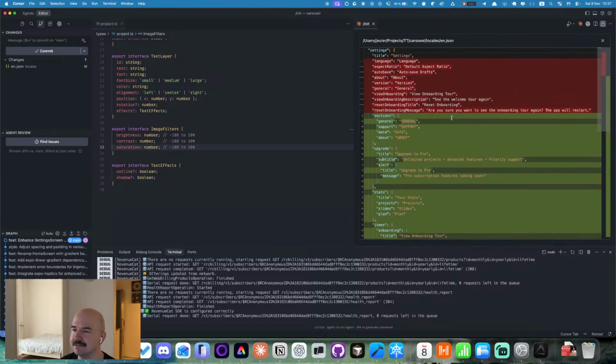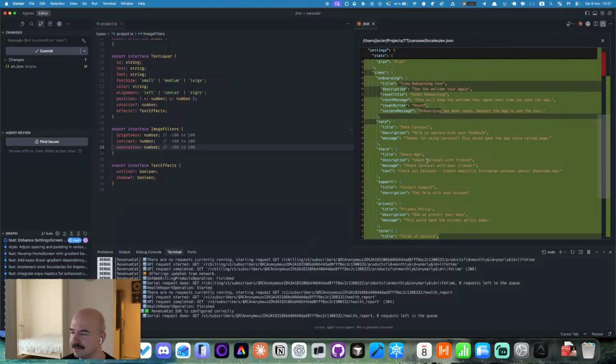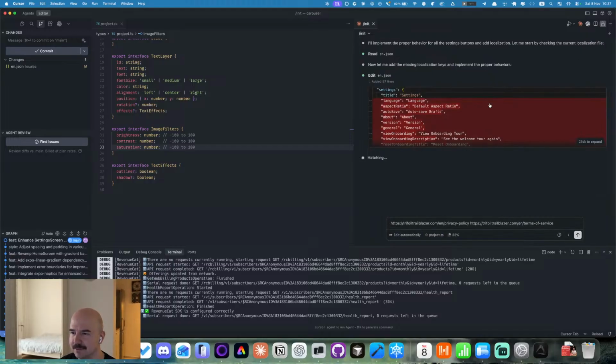I do like that JSON has some inner dictionaries here. It's much better than the ARB that I used in Flutter, in my opinion, because it's much more natural to JS, to have JSON and process JSON. It feels like it's working better than Flutter. But for sure it's not hard in Flutter too.